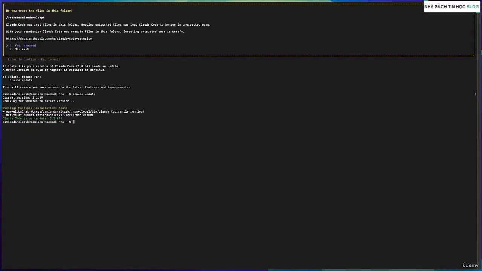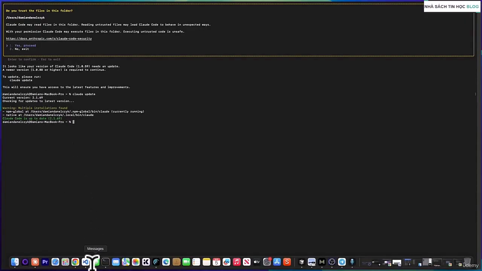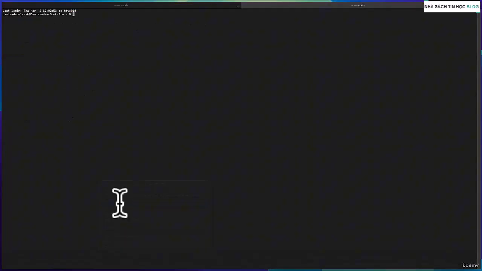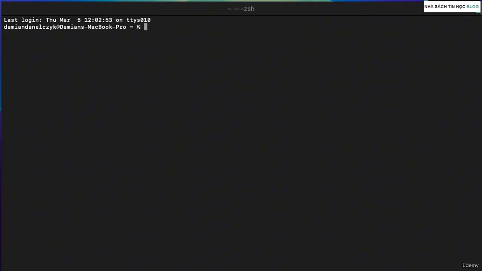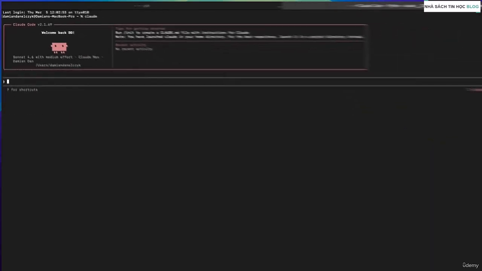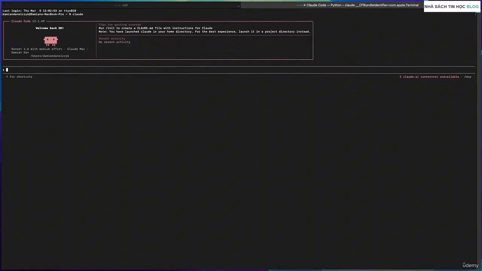Now let me open a fresh terminal. And type Claude again. And hit enter. I confirm, yes, I trust this folder. Perfect. We successfully installed Claude Code in our terminal.